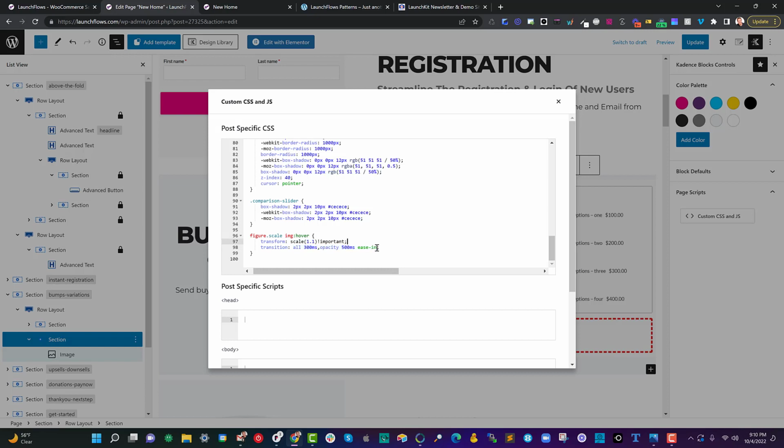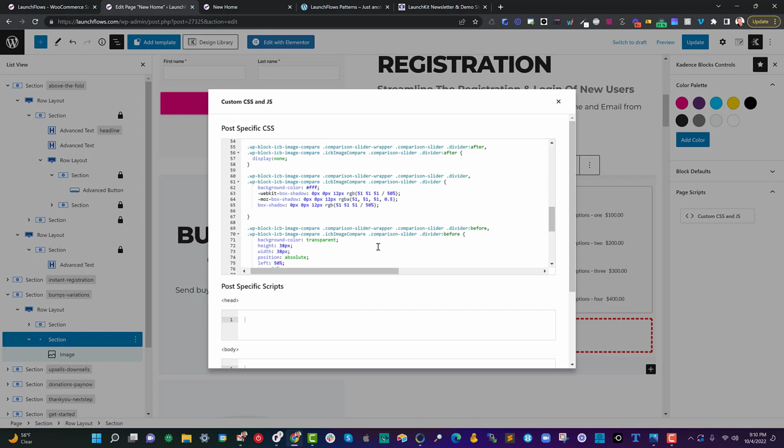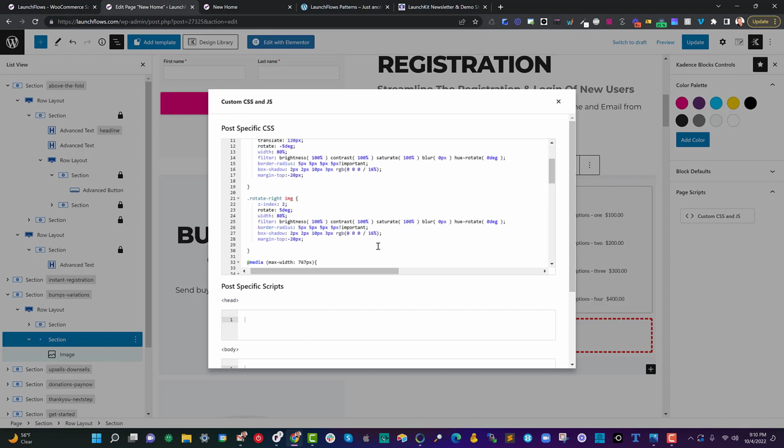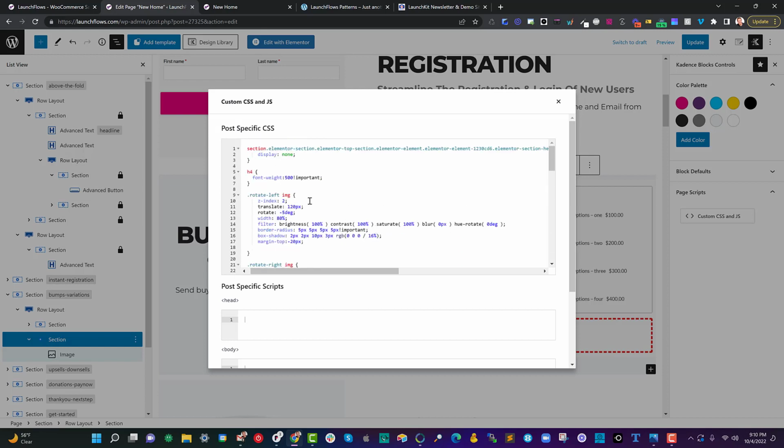So there's really only a couple rules I made. There's that scaling, there's the customized slider handle, and then there was the rotating of the images. This one for the H4 was maybe my being lazy. I don't probably need that rule. I'll take that out because I use the controls of Kadence ultimately for that. And then this was just to suppress temporarily the header that normally comes from Elementor, because I've yet to disable